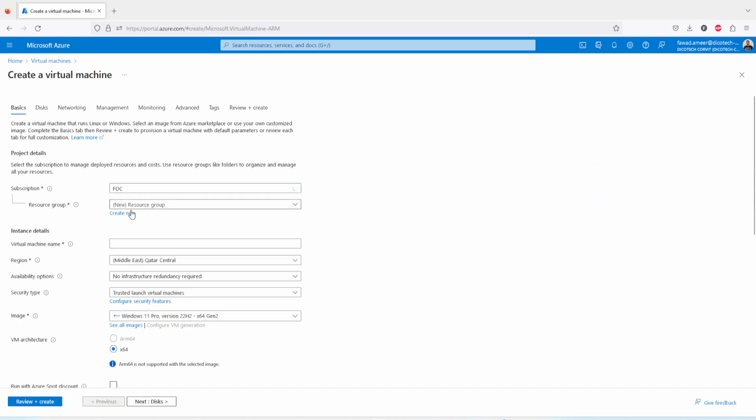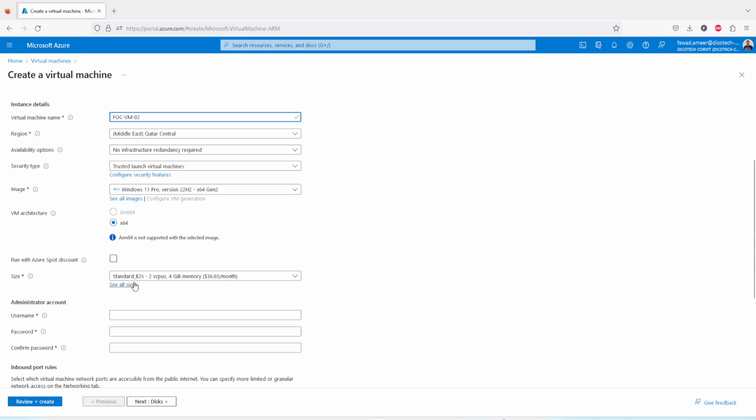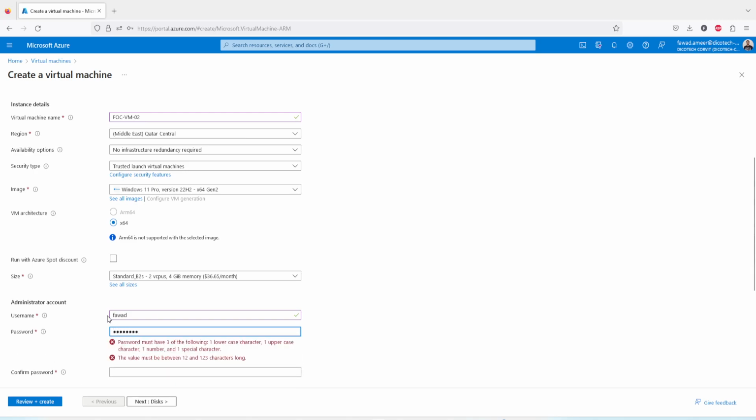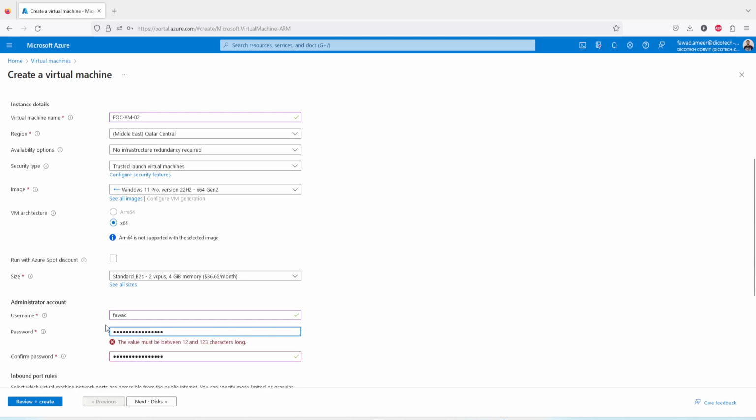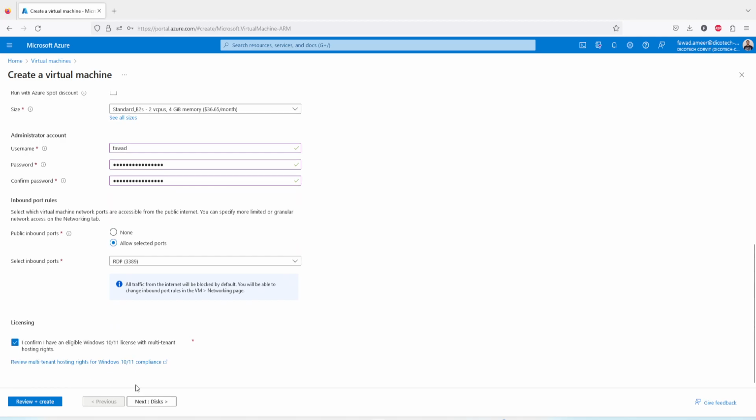Create virtual machine. Select resource group. And for VM02, the rest everything is fine. Administrator is not allowed. If you type administrator, as it is reserved, you cannot use it. As you can see here, username must not include reserved words. So administrator is reserved, you have to choose another name other than administrator. Okay, here we go. Next,